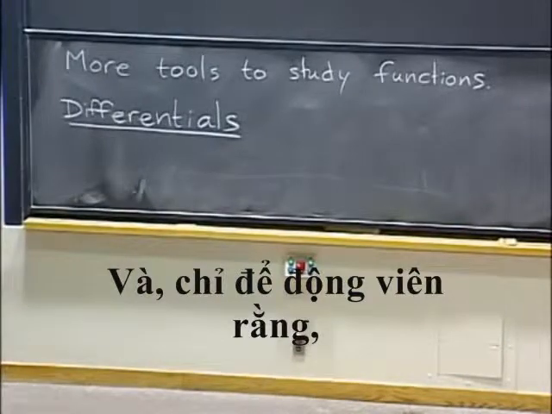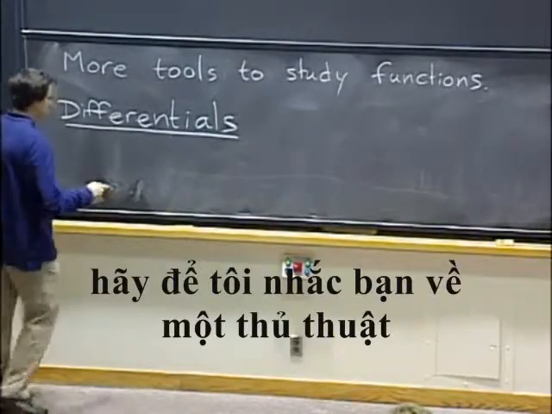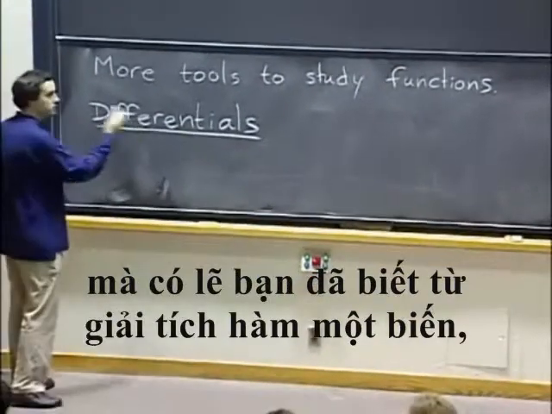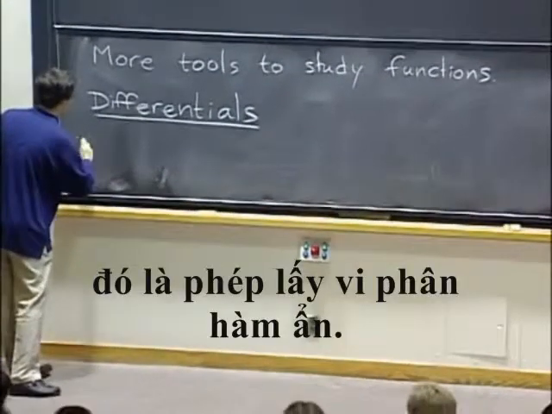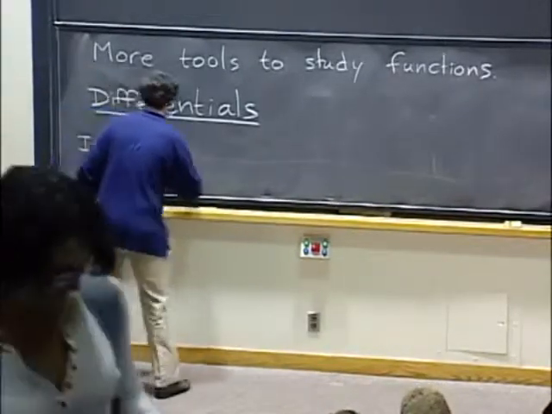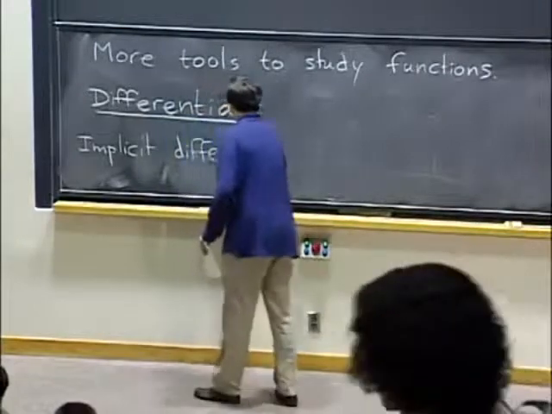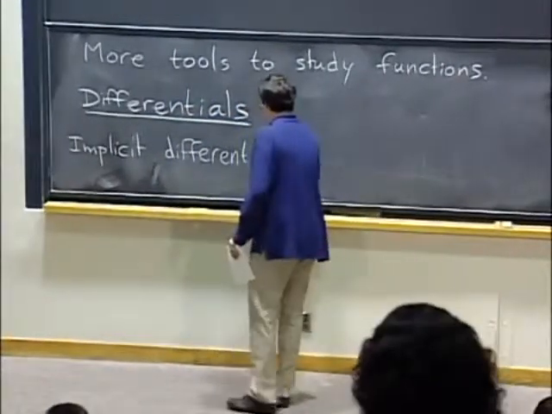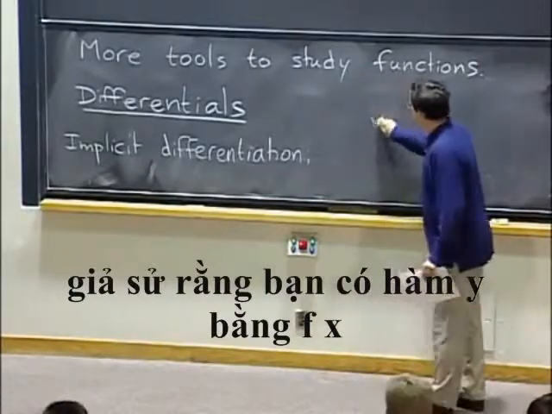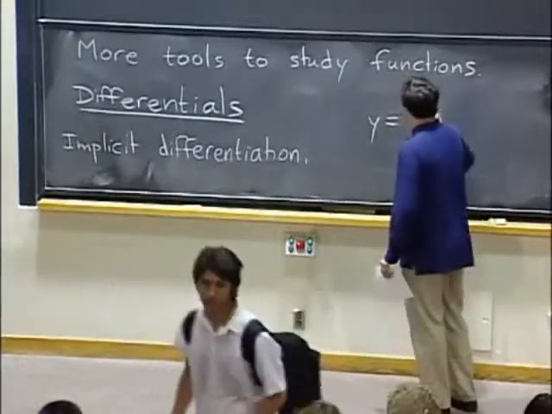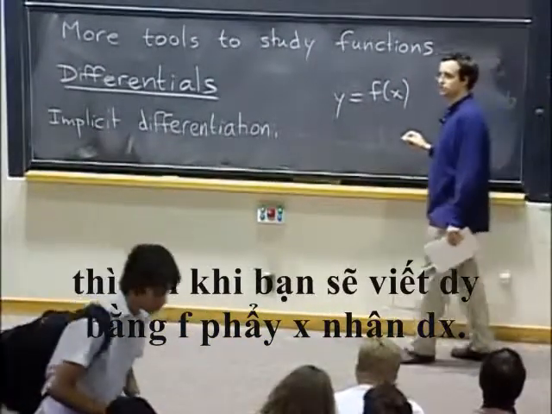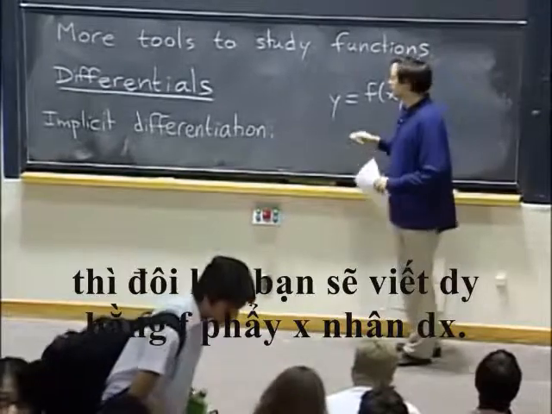And just to motivate that, let me remind you about one trick that you probably know from single variable calculus, namely implicit differentiation. So let's say that you have a function y equals f of x, then you would sometimes write dy